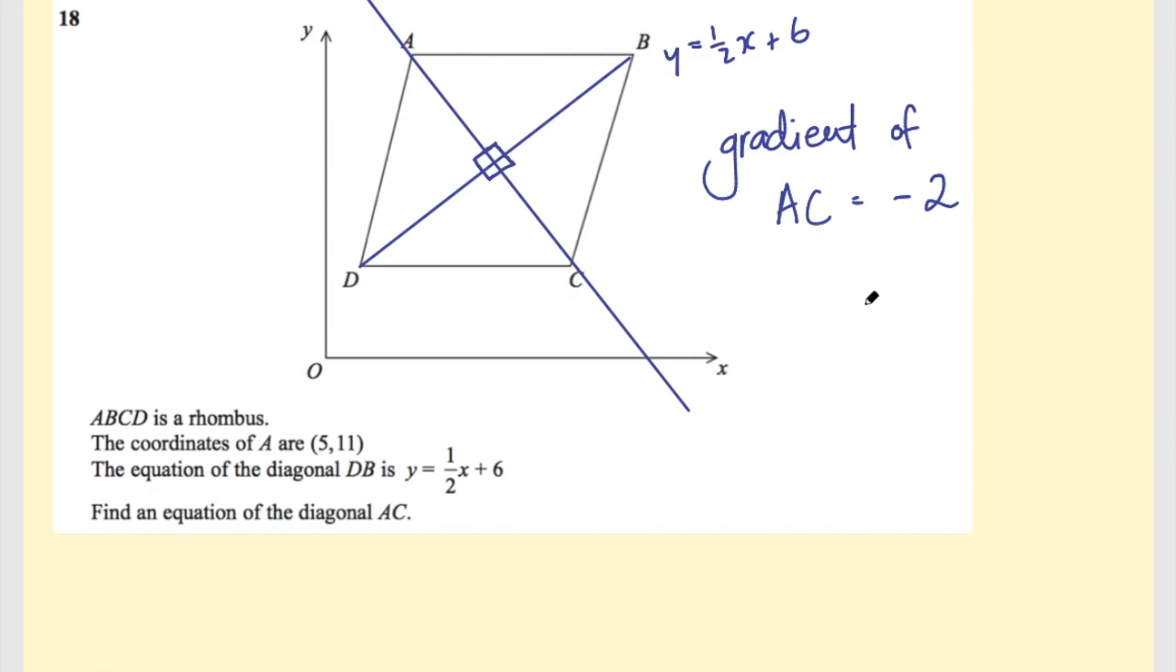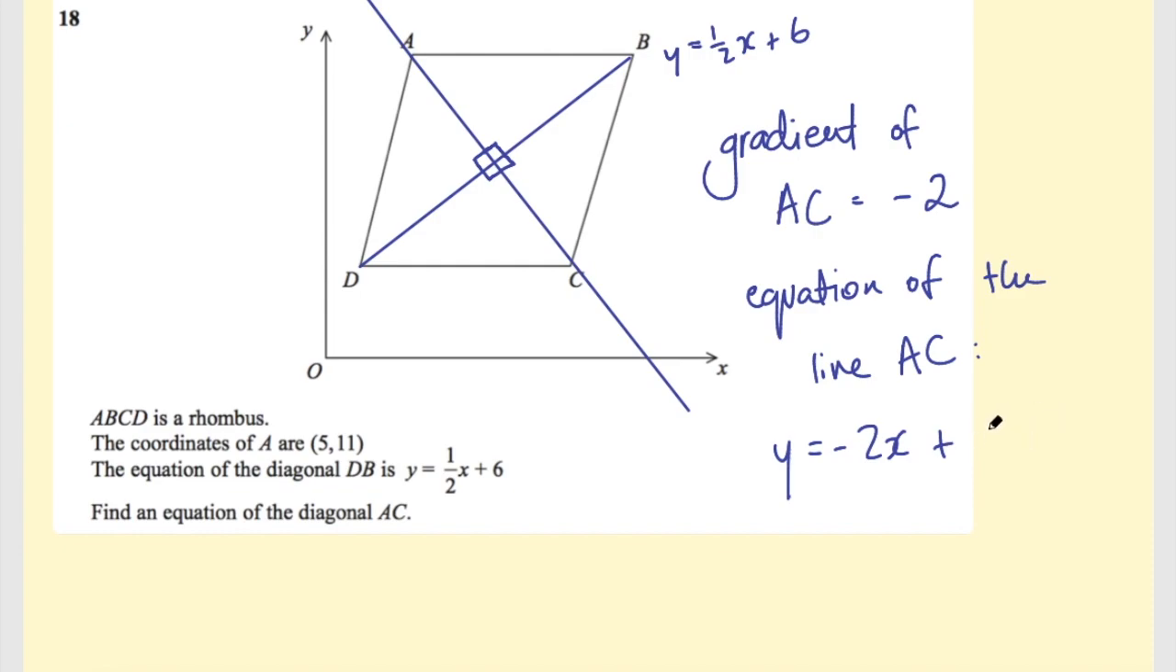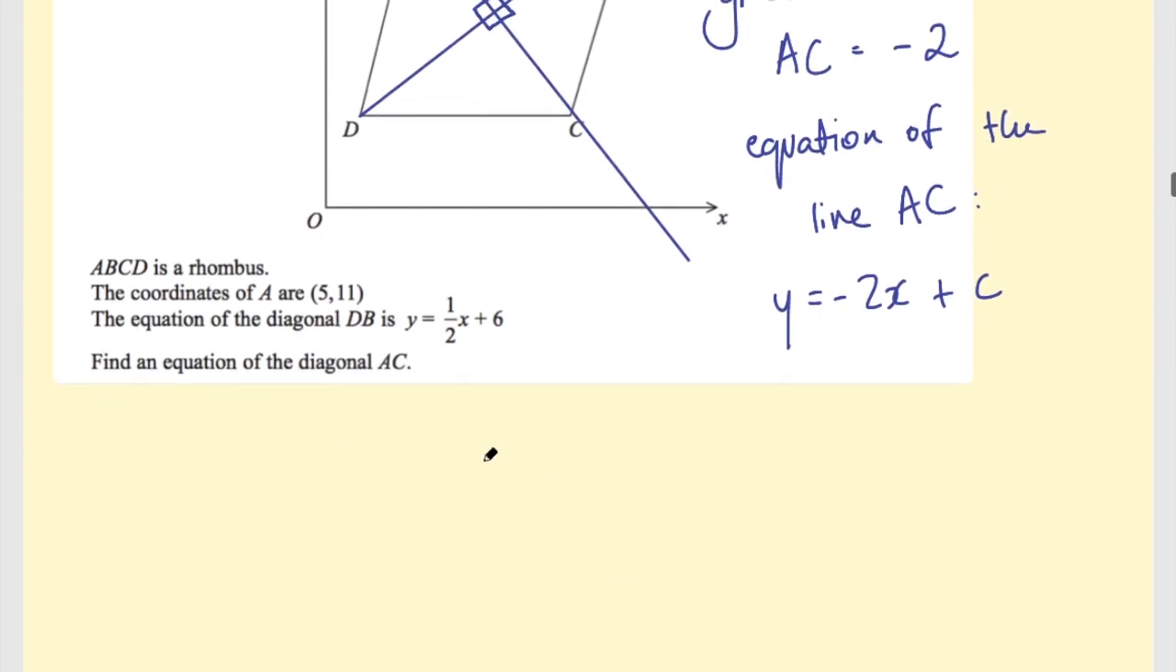And so therefore the equation of the line AC will look like this: y equals -2x plus something. We don't know yet what the constant at the end will be. However, we can find it. It's a key skill in GCSEs to be able to find the equation of a line using the gradient and a point on that line. And we do have a point, so we can say using